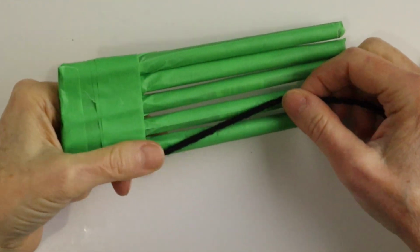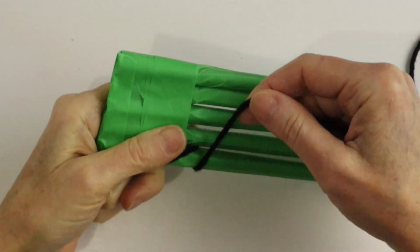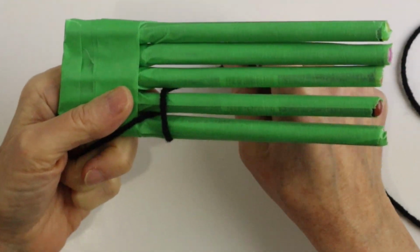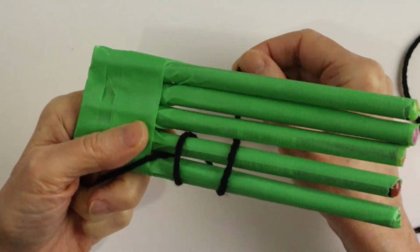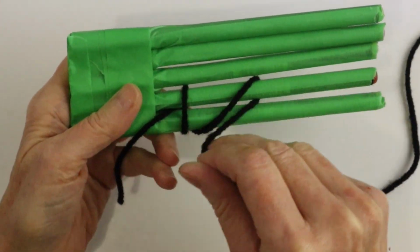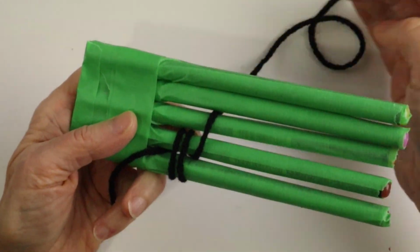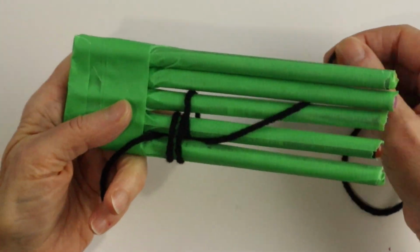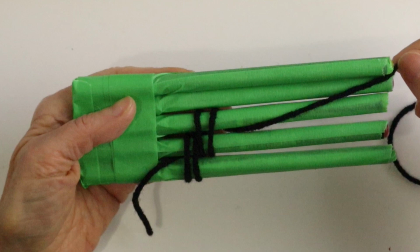So now I'm going to show you how to do this weave just on this little template I made. Just made this with some pens and some tape. So you can see how we start. We go up over the first 2 wires, and then we're going to come back down, and I would have put a bead in between there, but I'm not using beads for this one. So we do the first 2, and then we're going to go around and then up 2. So we're going to bring it through, and then we're going to go down 2, and then up 2, and then down 1, up 2,